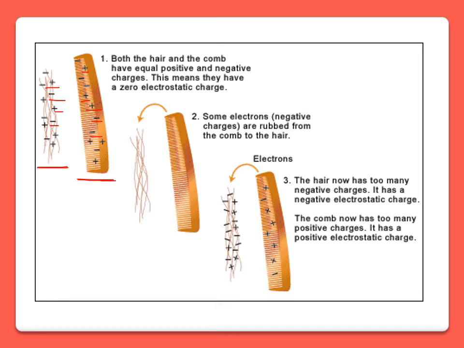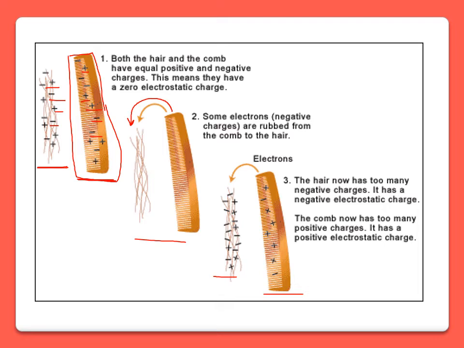The amount of positive charge and negative charge is equal in this comb, so the net amount of charge will be 0. So at that time it has no charge. But when you rub your comb, or when you comb your dry hair, at that time some negative charge goes to your dry hair. Okay, so what will happen now? Now hair will be having more negative charge and this comb will be having more positive charge.